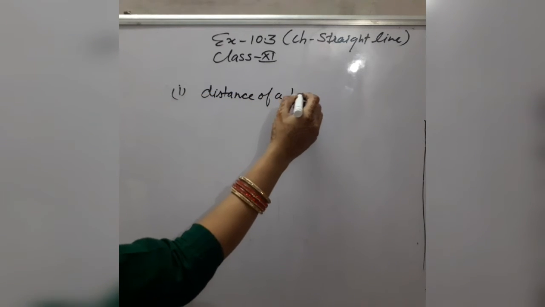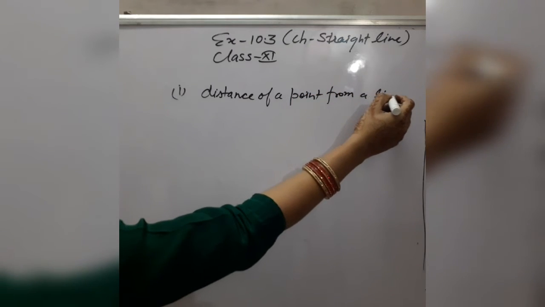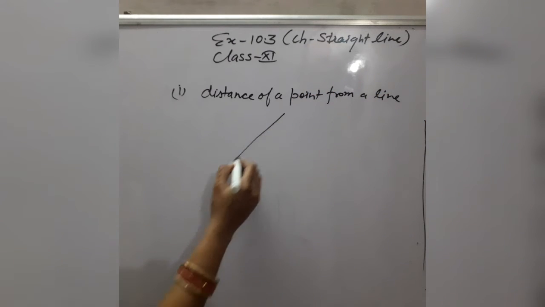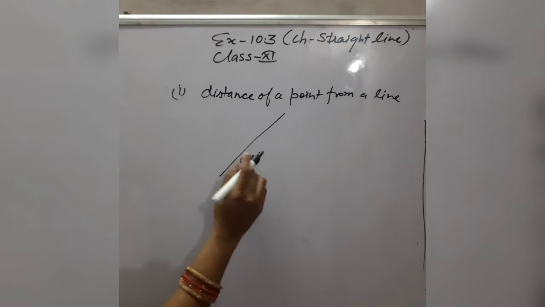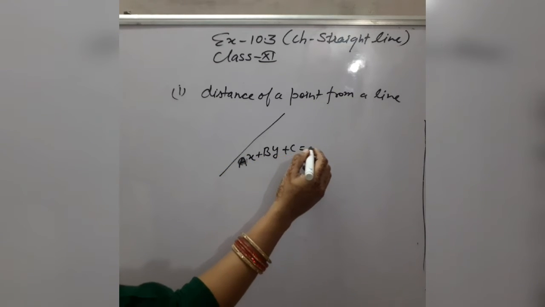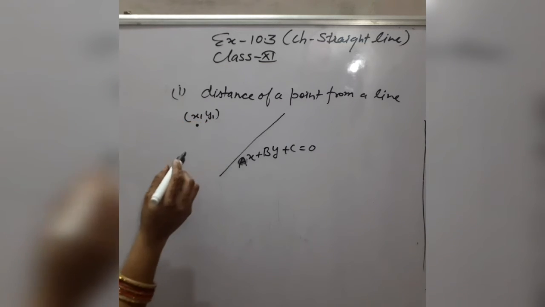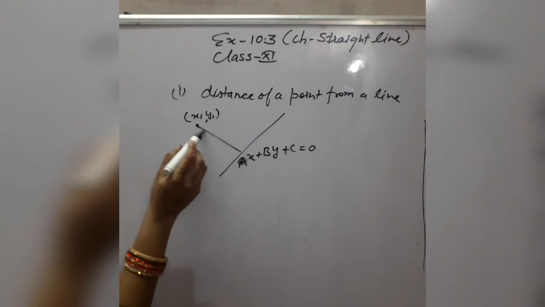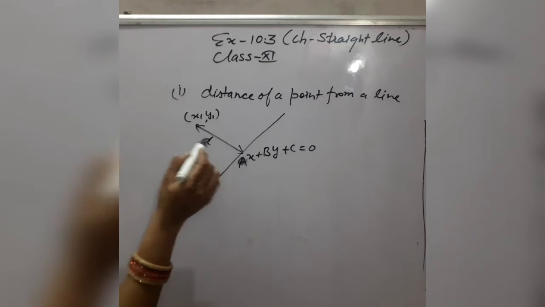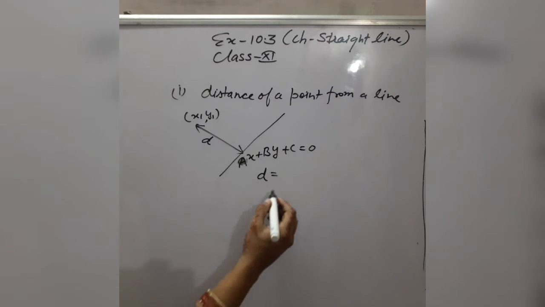Distance of a point from a line. Let us suppose this is any line. Equation of this line: ax plus by plus c is equal to 0. Let us suppose this is any point and we have to find the distance between this point and the line, this distance d. Then the formula for this distance d is equal to